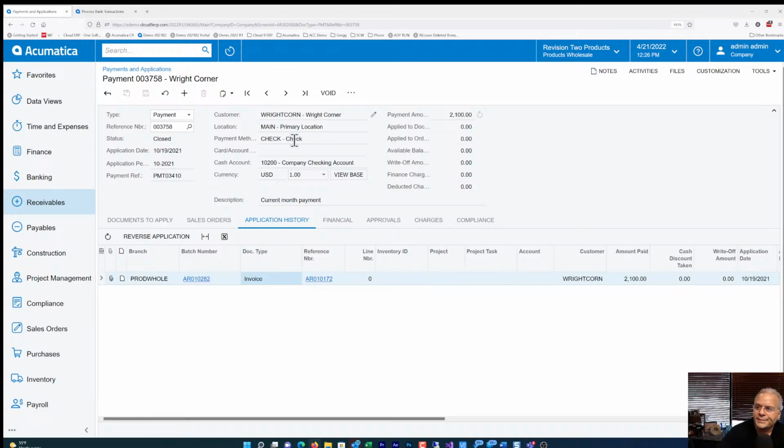And now what do you do? So that's the challenge. What we do here, with Acumatica, is we can't do a void on this. We can do a void with a check or cash. We can do a void with a credit card. If it's a credit card or a credit card ACH type transaction, meaning it's got an online processor to it,